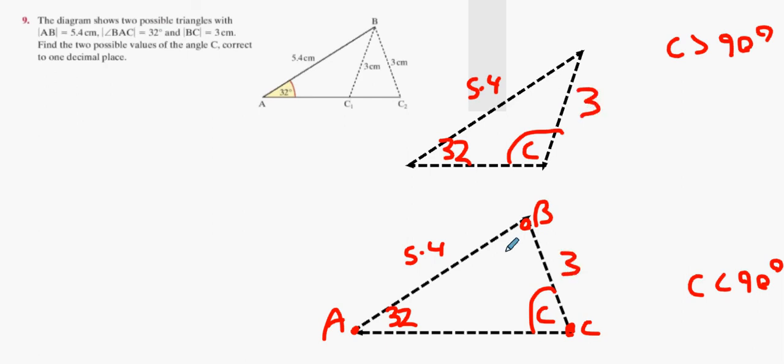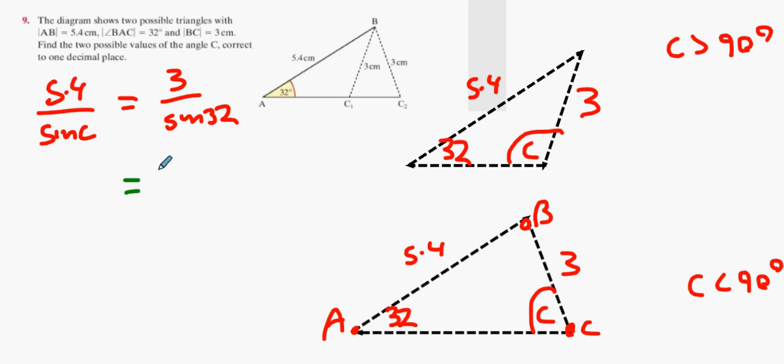So it's going to be 5.4 divided by sine C equals 3 divided by sine 32. Now the issue with this one is we're going to cross multiply up to sine C, so it's going to equal 3 sine C, and the other side is going to be 5.4 sine 32, because the sine 32 goes from bottom right to top left, division into multiplication. Now what's going to happen next is we're going to divide down the 3,